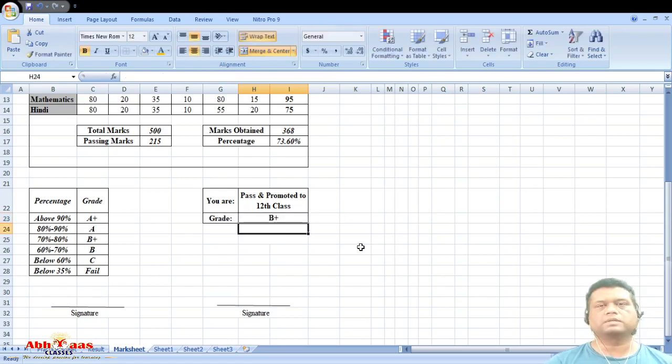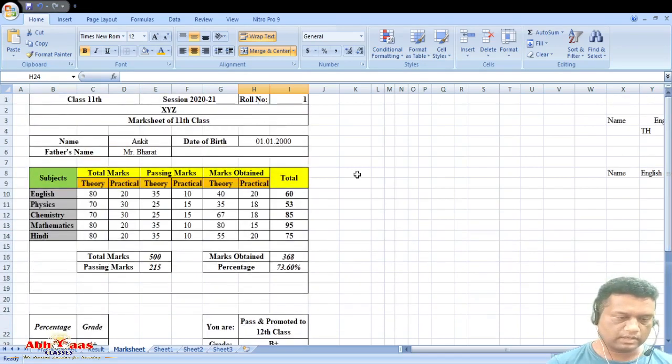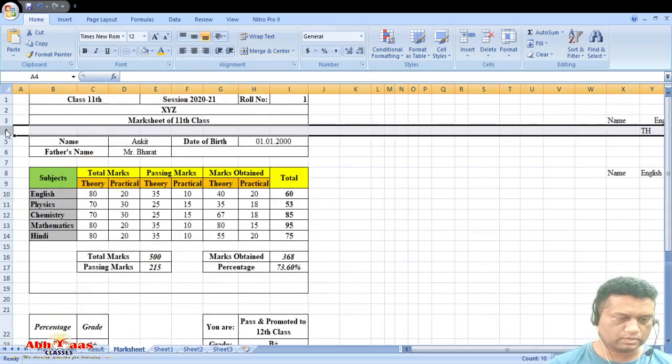Okay, B plus. That's it. Now this is how your mark sheet gets completed. This is the final mark sheet. Now, I'm going to rearrange it a little bit. Let's suppose